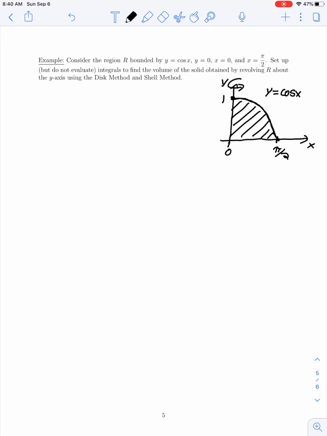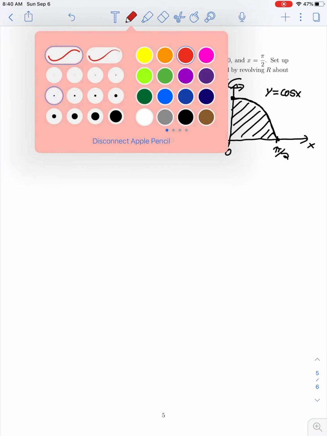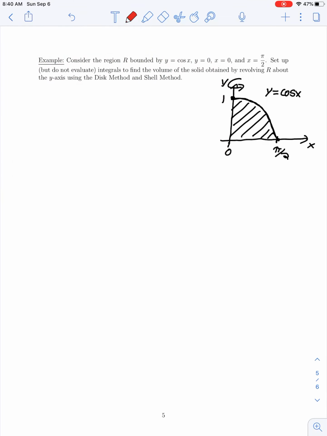Now, if it were up to us, we can see since this graph is bounded above by a function of x, y equals cosine of x, we might prefer to slice this thing up using vertical slices taken at a distance of x units from the y-axis of a thin thickness dx. And we can see if we take this vertical slice and we're revolving about a vertical line, we would be using the shell method. So I'll say here, using shells,